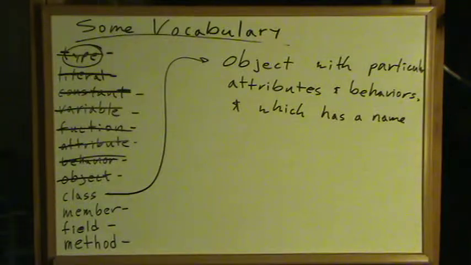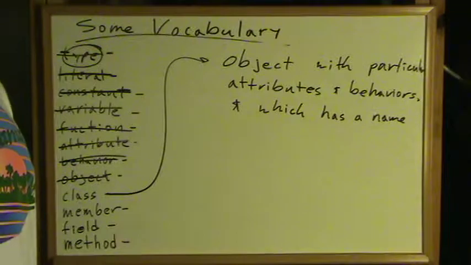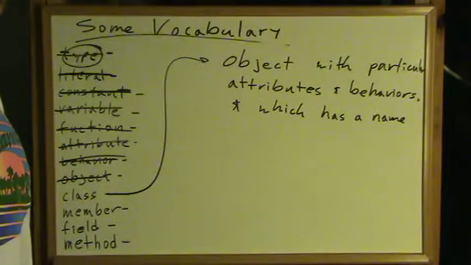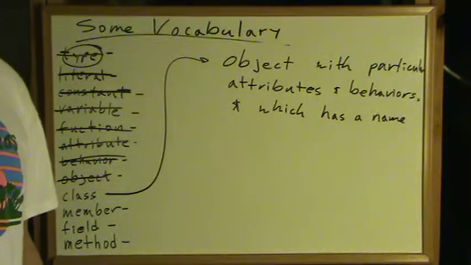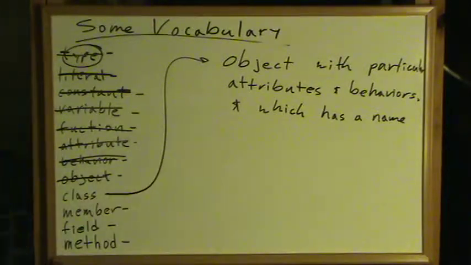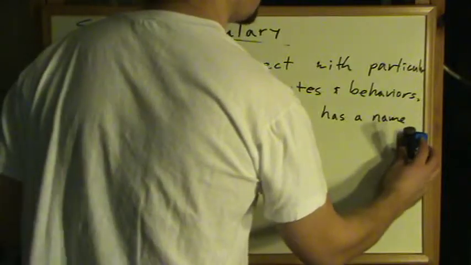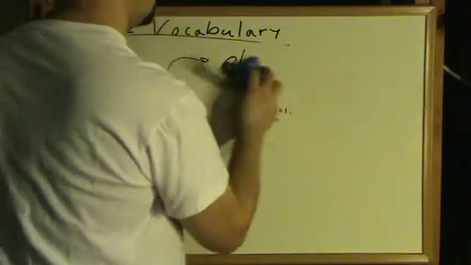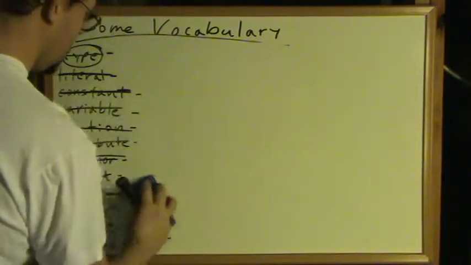For example, we can come up with an automobile class, and you think about what attributes a car has, and it has wheels, it has a steering wheel, it has an engine, it has seats, it has an undercarriage, it has a chassis, all that kind of stuff. And behaviors, you know, you can turn on the engine, you can raise and lower the windows, open doors, and so on. We'll be talking about classes in greater detail. But not right now.